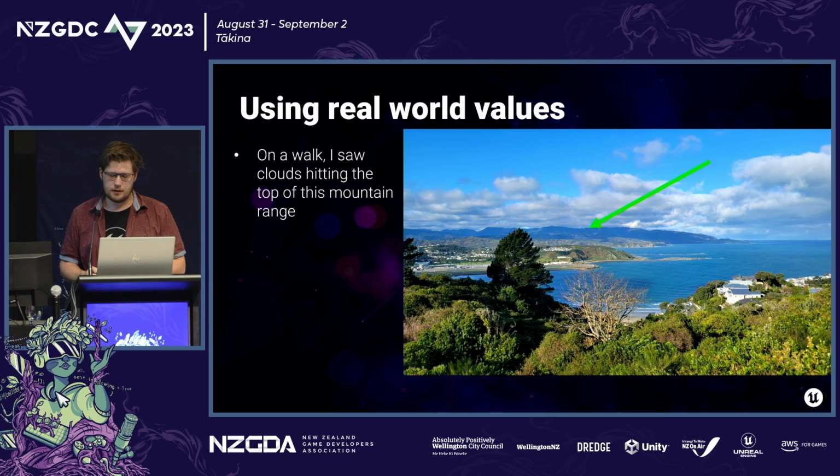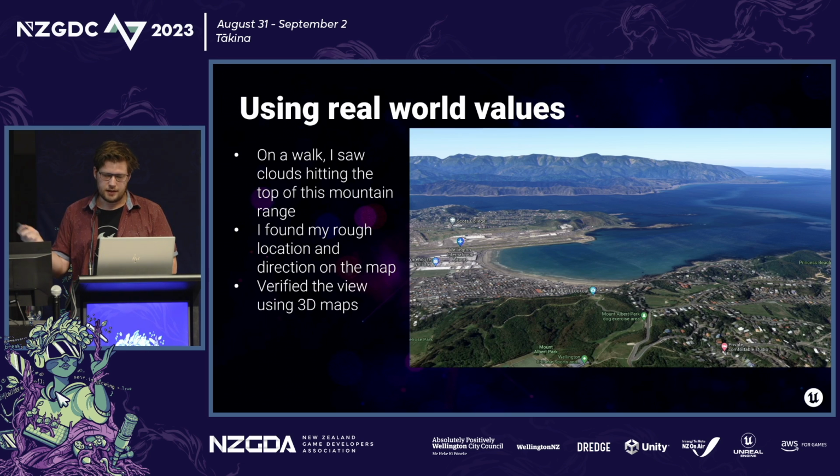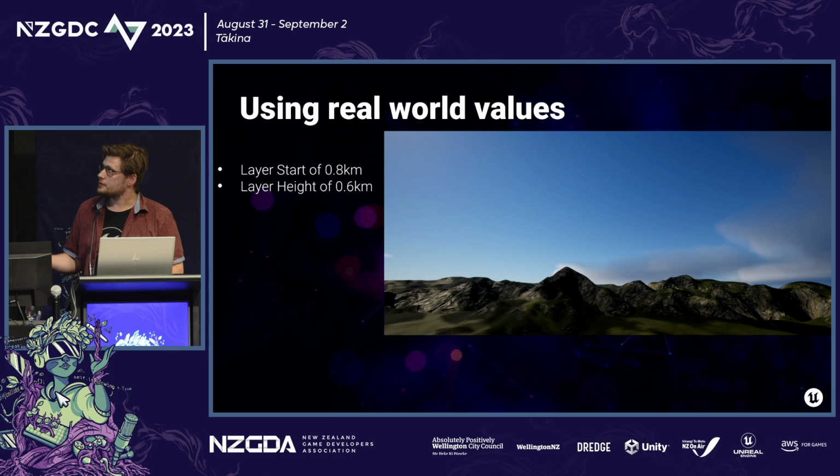Well, one thing I did is I went on a walk near where I live, and I noticed that there were some clouds hitting the top of that mountain range in the distance. So I thought maybe it's a good idea to see how high that mountain range is. So I found on maps where roughly that mountain range was, and I lined it up and verified that that was the actual mountain. Then I can actually look on the maps and see how high it was. So in this case, it was 800 meters. So I plugged in 0.8 kilometers into the cloud system, and that got me this, which again,